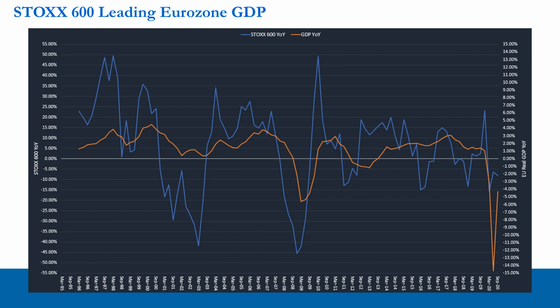And most notably, you can see this occurring on several occasions in the 2015 to 2019 period. If you look at the chart, you'll see the Stoxx 600 year-on-year percentage reported several times as negative, and in the same quarter, you'll see Eurozone GDP reported as positive. And if you look at the preceding period, the 2012 to 2015 period, you'll see that the Eurozone GDP number is going positive.